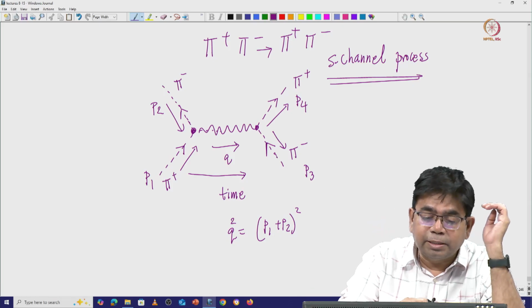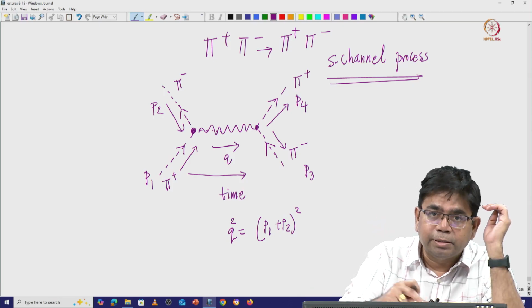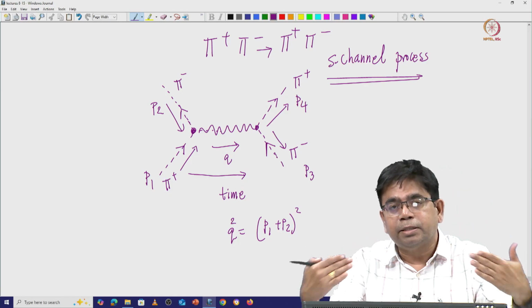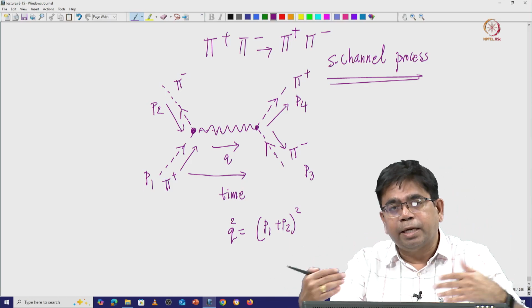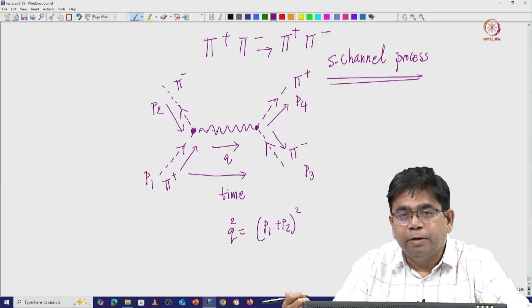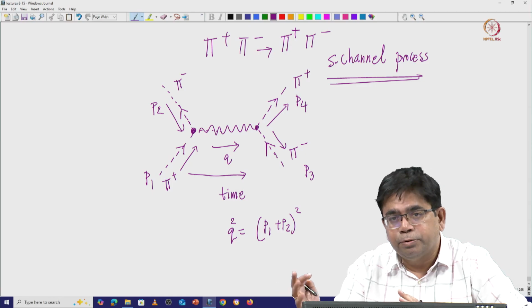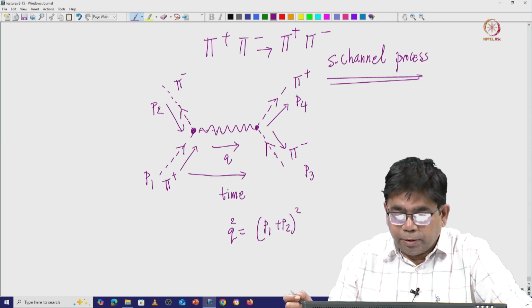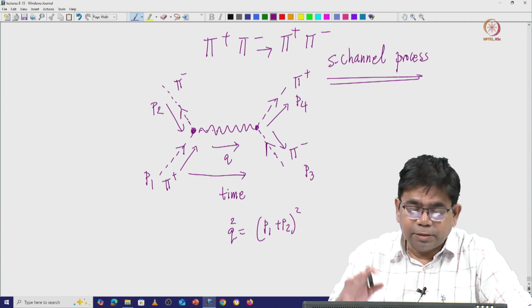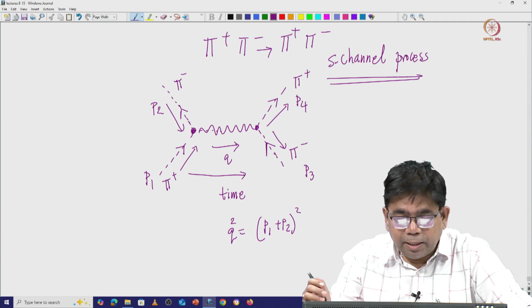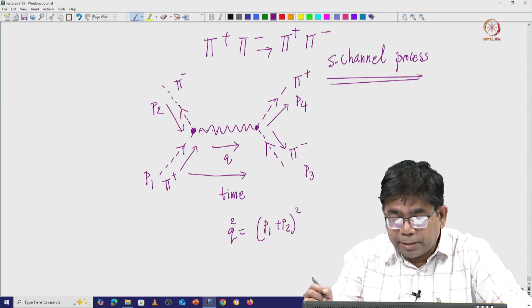One thumb rule is that the charge lines always flow like this essentially. The charge lines always flow in a circle. There is no conflict between the charge lines, so you do not have opposite charge lines coming in. You have to be careful, there are different notations, one about the momentum, one about the charge, and some people also use chirality and so on. For the present let us look at only the charge lines. So, the first one we have seen is an S channel diagram.